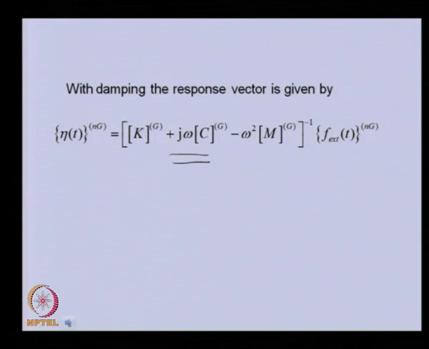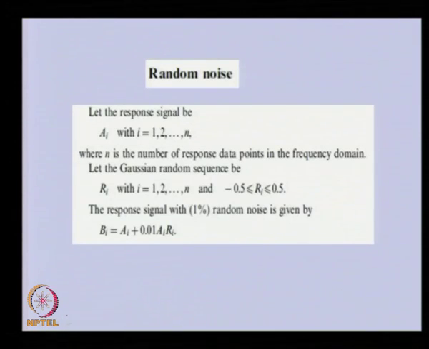So, now, whatever response we are simulating from the numerical model will not have any noise, but in an actual test rig, when we take the measurement, we will find that there will be measurement noise. To mimic that, we are adding random noise into the numerically generated response, which we will use for estimation of the residual unbalance. So, this is the procedure in which we have added the random noise.